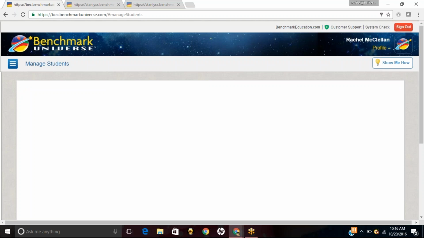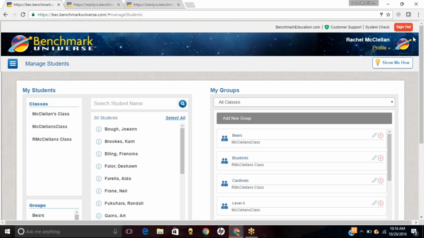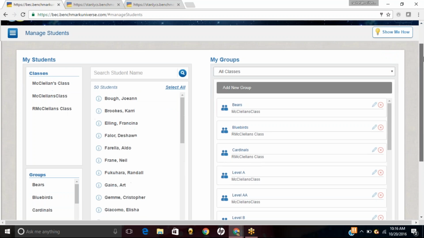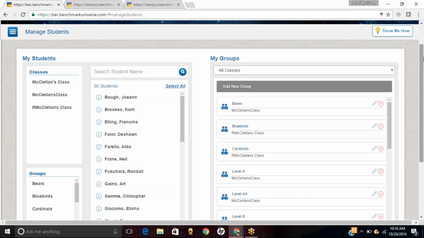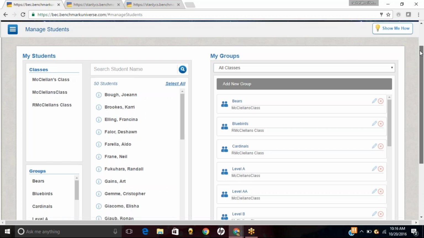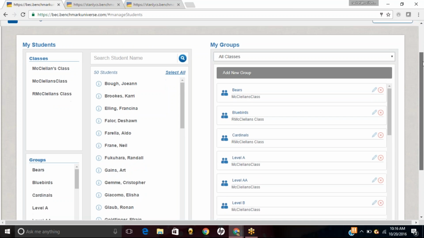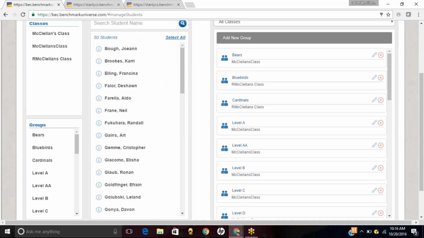Manage your students. Earlier, when we went over the intro, I was telling you that you can put students in as many groups as you want to. If you want to put them in math groups or different leveled groups, maybe you and your teachers decide that you want to have all of your first grade on one account. If all of your students are working with different teachers and you have access to all of the students, you can do that, and then you can make groups of your classroom students in here. However you want to do it, you can see I have students listed by animal groups and by leveled reading groups. All you have to do is